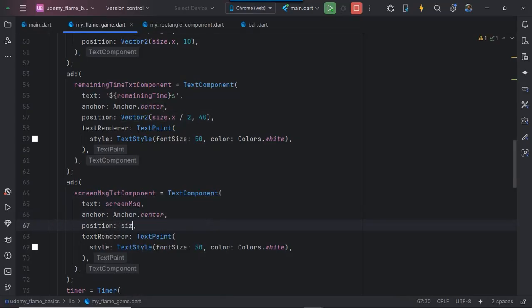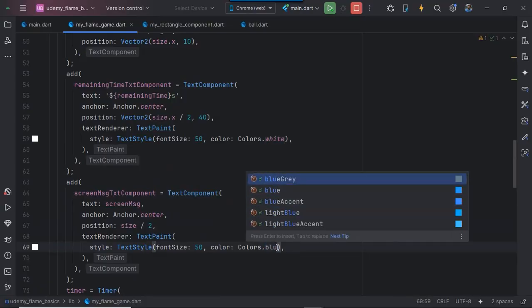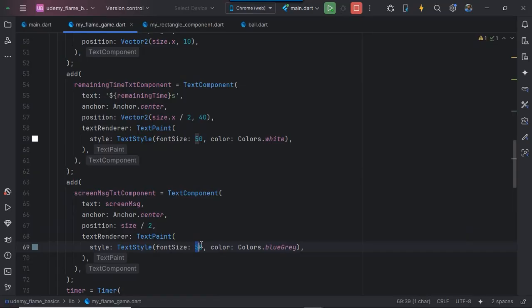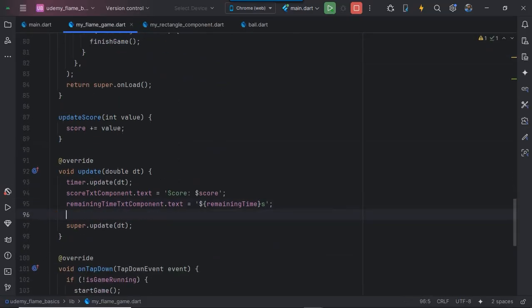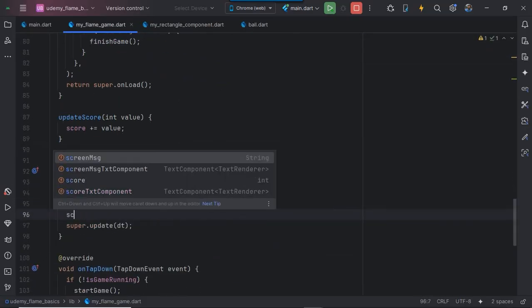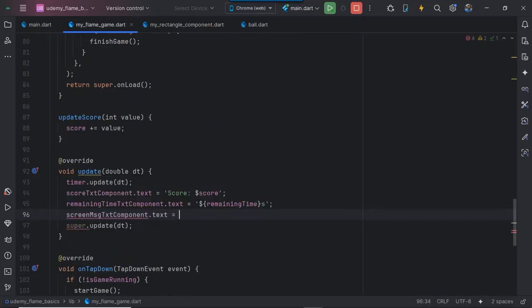So we can simply say size, that means the game size divided by 2. And the color should be white, or maybe blue gray, I guess. You can put any color you want, and the font size could be 80. And also we need to update this text component inside the update method. So let's say inside this update method, screen message text component dot text, that would be the screen message. So now if I restart,